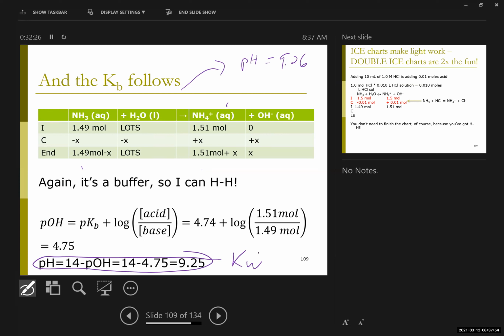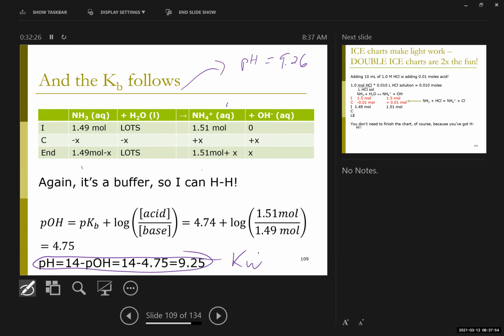It decreases the amount of ammonium, the conjugate acid, and it increases the amount of the ammonia, the conjugate base, right? And so again, if I use the shorthand, this is really this reaction. If you prefer, and I sometimes do,